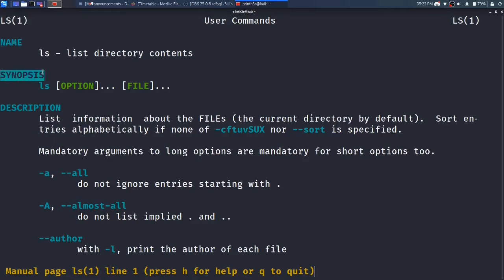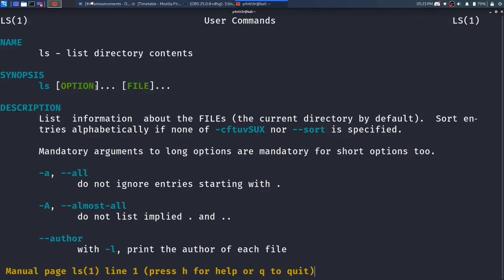In the second section, it is showing the synopsis. In the synopsis, it basically shows how to use the command. See here, it shows ls with option and file. You have to give ls, then an option, and a file. If you see something in square brackets, it means it is optional. You can provide it or not provide it with this command.